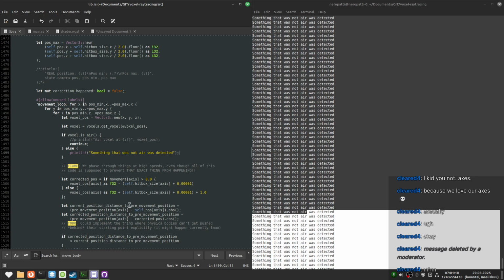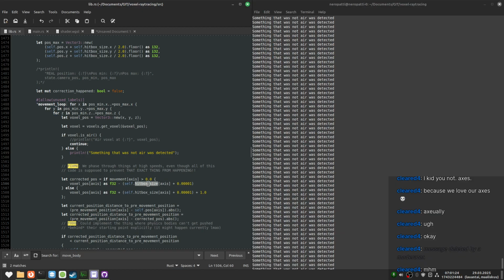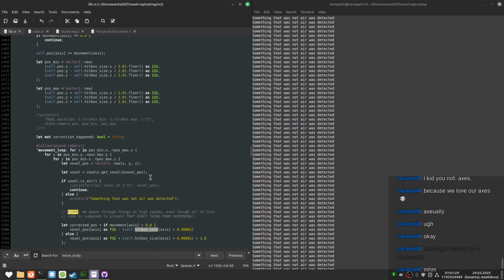Why did we not do it correctly then? Ooh, I no longer divide the position by 2 here, but I divide it by 2 in here. This actually might be the issue. That's so dumb. Alright, we're going to have an oversized hitbox for now.